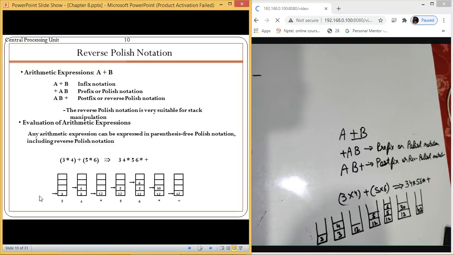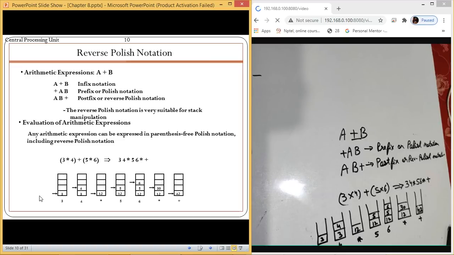So in this we pushed 3, in this we pushed 4, in this we pushed multiply, in this we pushed 5, in this we pushed 6, here we pushed multiply, and here we pushed plus. Okay, so this is how we are going to calculate the reverse Polish notation.